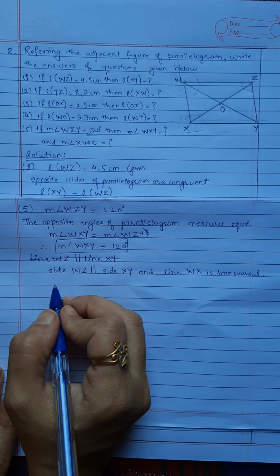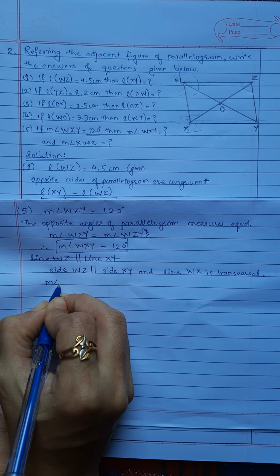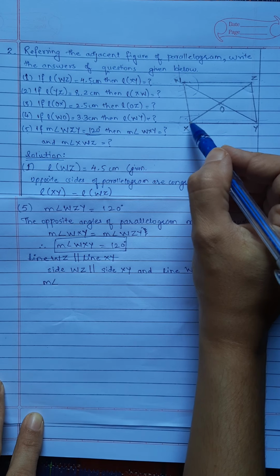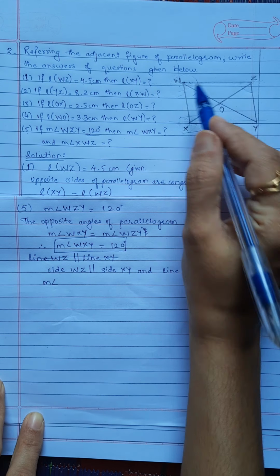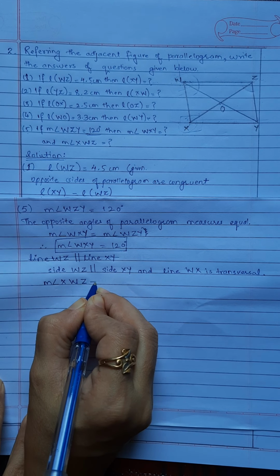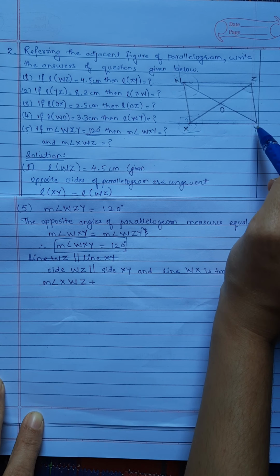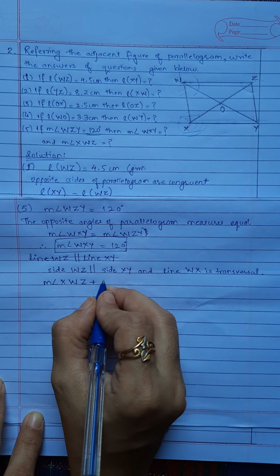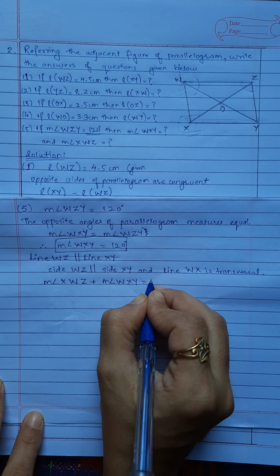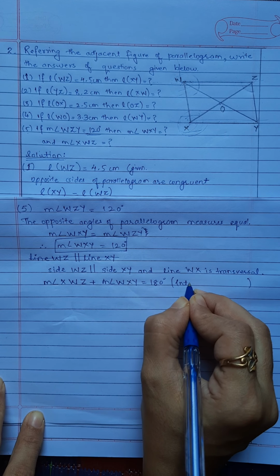So using the interior angles property, measure of angle XWZ, this we are talking about, measure of angle XWZ plus measure of angle WXY will be equal to 180 degrees as these are the pair of interior